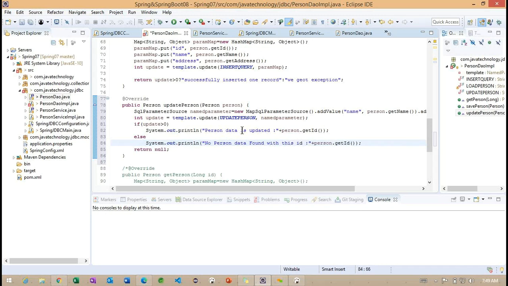Getting the point. So person data is updated. Here, no person data found with this particular ID. But here, okay, we'll return null. So here we are going to have some sysout. So we'll check whether the person data is updated or not.